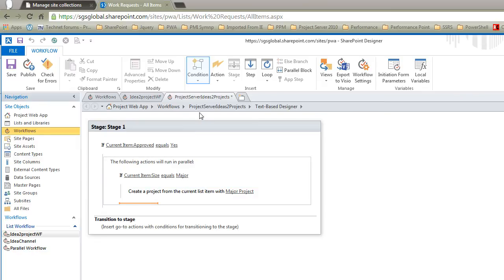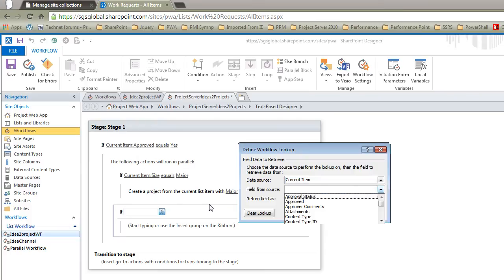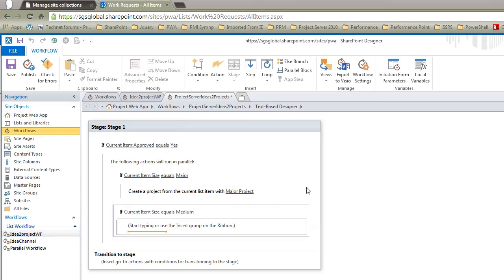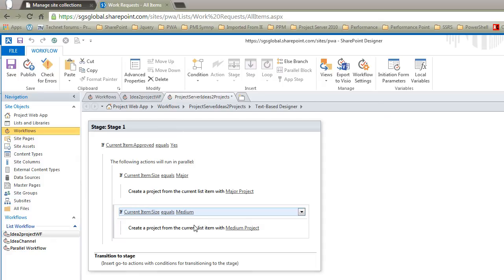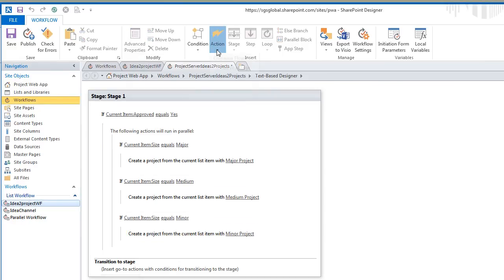Similarly, I will put in conditions for other stuff too. So I'm going to say current item size equals value medium. I want a project to be created. One cool thing you can do is you can copy paste these text easily in SharePoint Designer and just change those values, which makes it much faster to build. So I'm going to copy that, paste it, copy that, paste it. So if that's minor, I'm going to create a minor project,